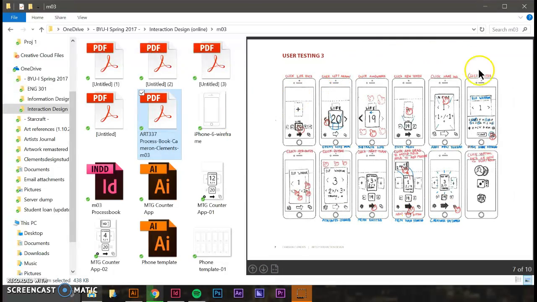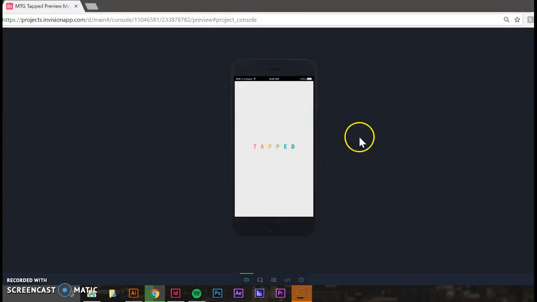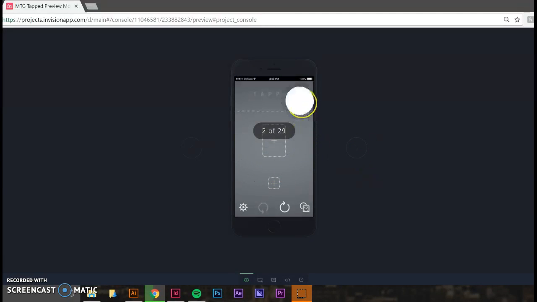So this is the design that I went with. I have a basic settings and options down at the bottom, and then there is a... I'll just bring up the app. So here's the app. It's called Tapped, and so it starts off with a blank window, and there's options to